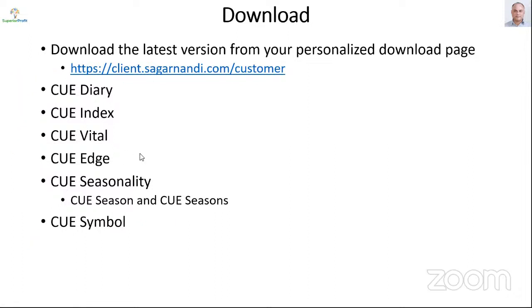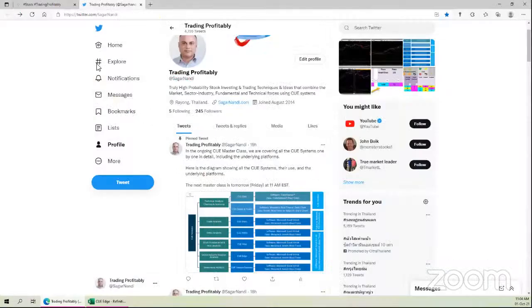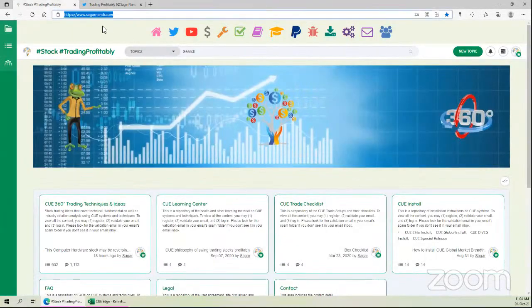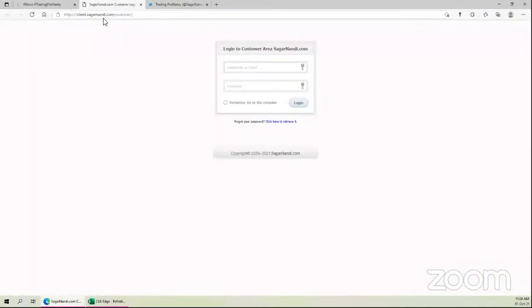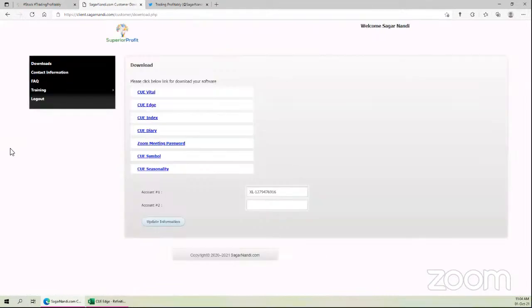Let's do the download. If you go to the website sagarnandi.com, you may go to the download page by clicking this green download menu item. Click that, it will go to the address that I showed in the PowerPoint. Let me log in using my ID. This is my personalized download page, and I have all the